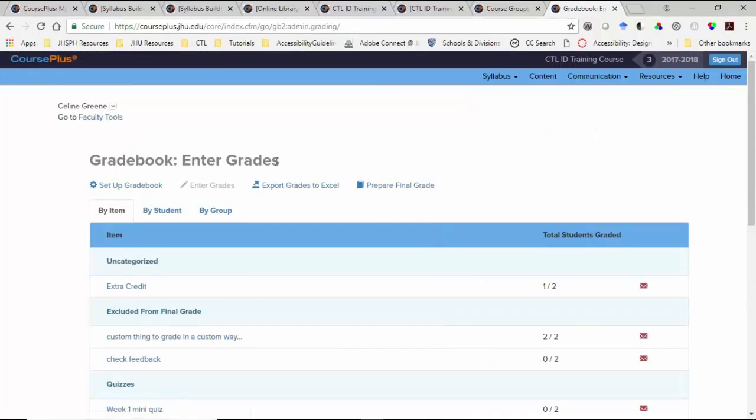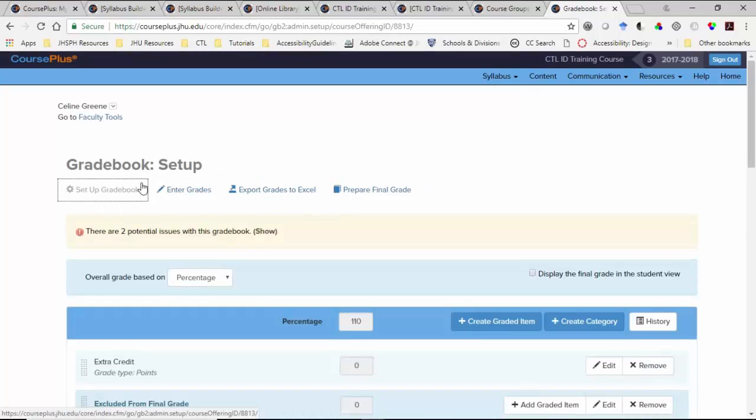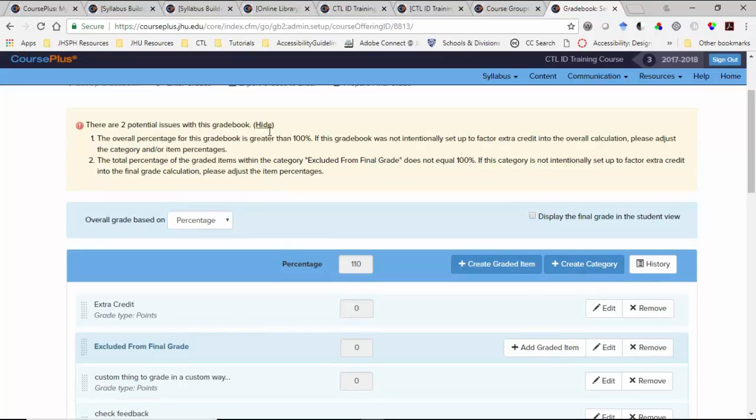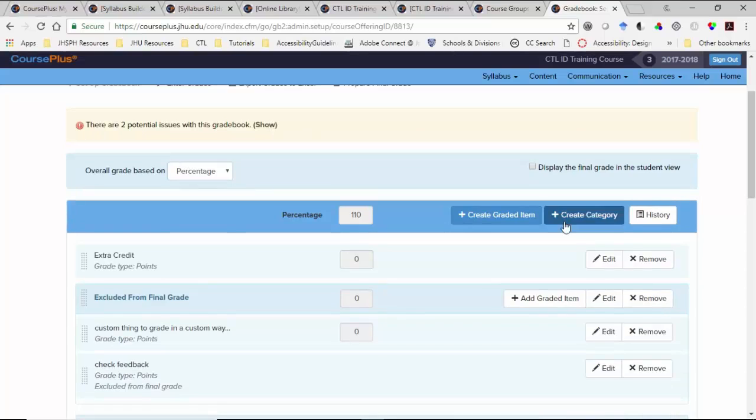Gradebook. Whether your Gradebook tool needs to be built or simply edited, you will click on the link for Setup Gradebook. At the top of the Setup page, there is an option to determine if the overall grade will be based on percentage or points. Also at the top of the page is a warning if there are any potential problems in the Gradebook's current setup. For instance, in this particular Gradebook, there's a warning of 2 potential issues, including that the total overall percentage